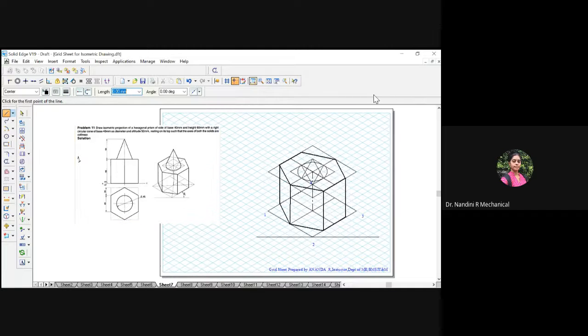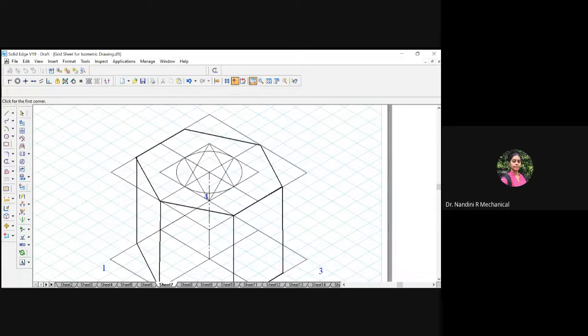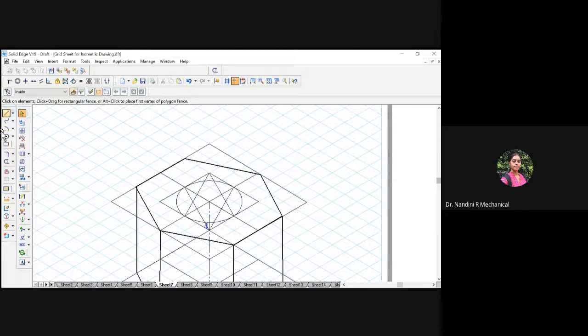Okay, zoom the area if needed, then select at the end point and extend 1, 2, 3, 4, 5. You needed still more space. 1, 2, 3, 4 and 5. So this is the vertical height.